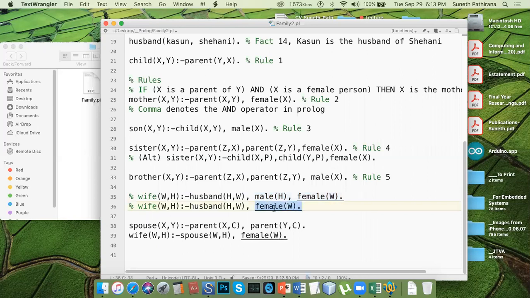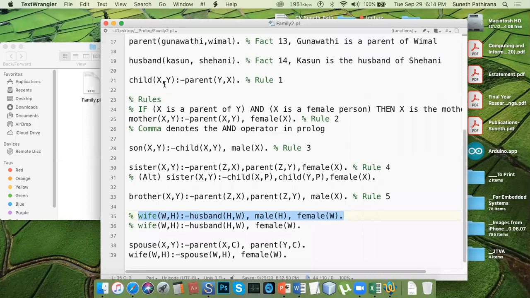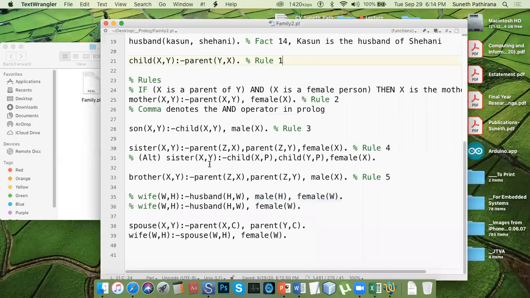That means we consider only the gender, we check only the gender of wife. So it is better to check both. I suggest this, but it is not a hard and fast rule. Everything is up to the programmer, so the programmer can follow his own style. For example, somebody can say, how can you say that X is the child of Y? Can't we interpret that Y is the child of X? If you are willing to accept and follow that pattern, it doesn't matter.